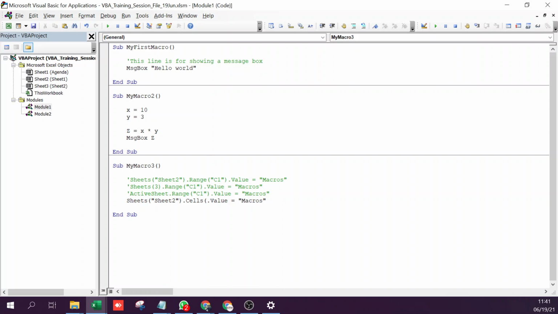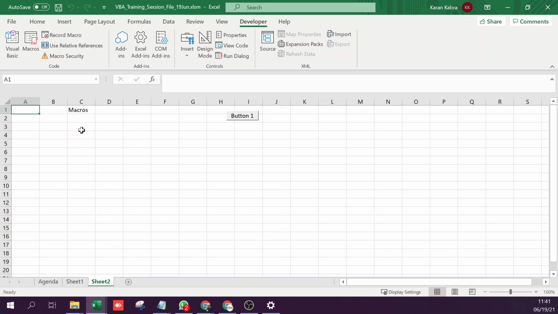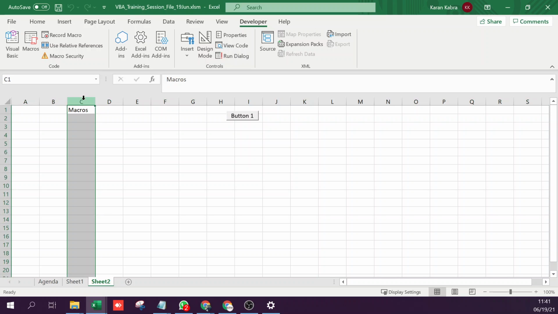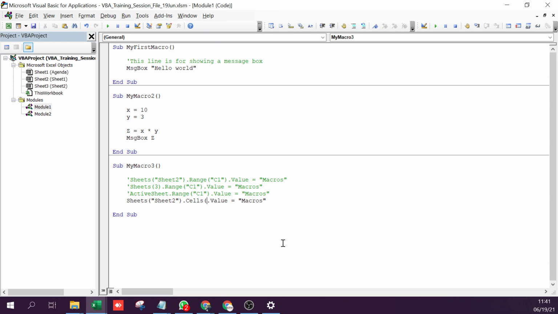You first give it a row number and then comma and the column number. So for C1, the row number is 1 and the column number is 3. Not C but 3, the number of the column, right? So 1 comma 3. So this will also perform the same action.